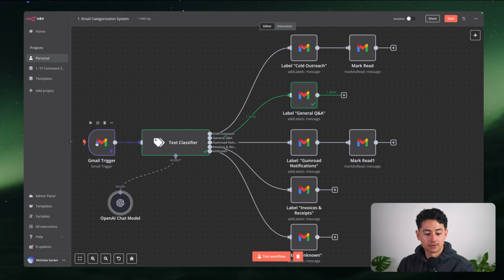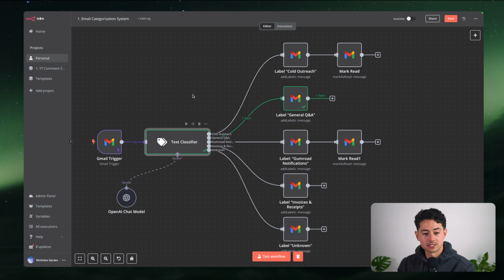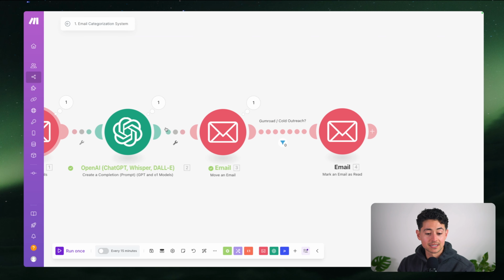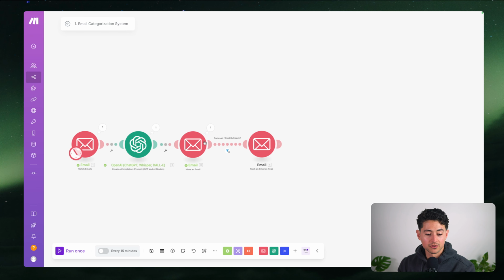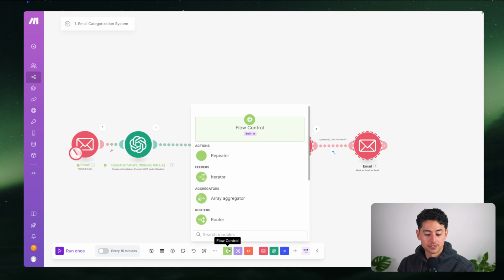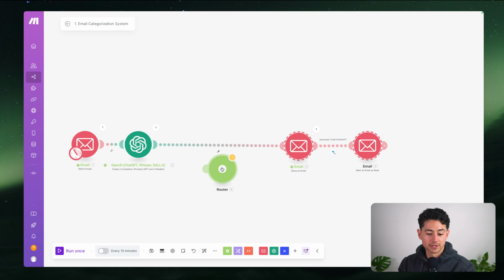As you see, this Gmail trigger feeds into a text classifier, which natively outputs like 5 different if-then statements. Okay. Cold outreach, general Q&A, Gumroad notifications, invoices and receipts, unknown. It just automatically does this built in. If we wanted to do something similar here in Make.com with a router, which is the equivalent function that kind of splits flows up,